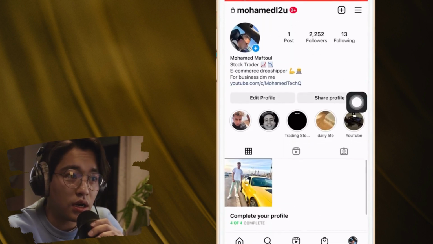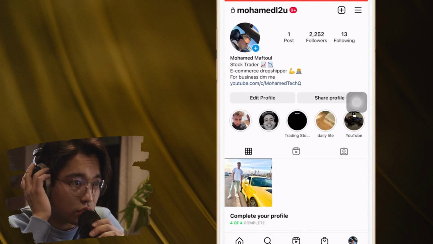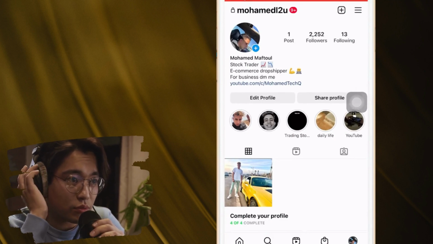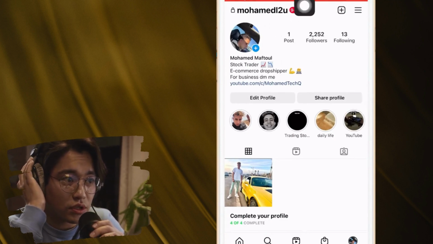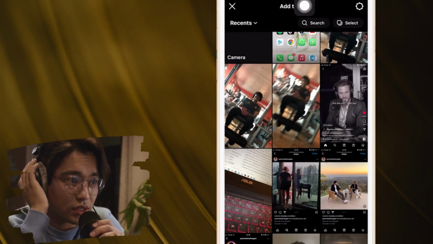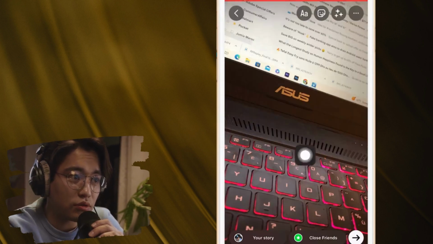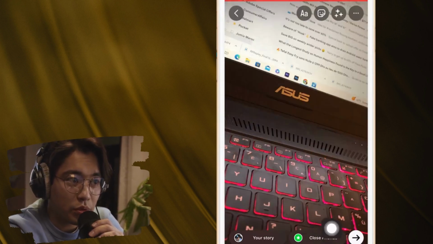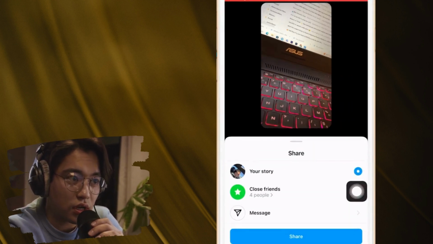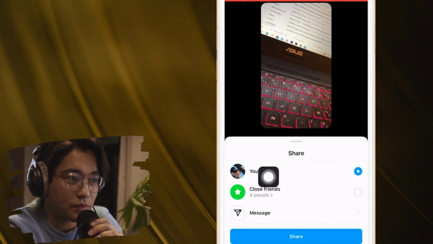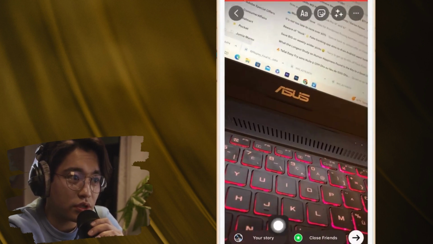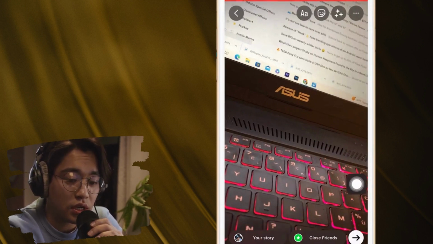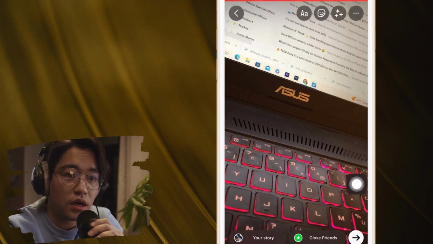Now next time you want to post a story, just let me show you an example. I'm going to post, for example, this story. Now, instead of clicking close friends, or instead of clicking this arrow here, you have to click on your story, okay? Click on your story at the very bottom right. Don't click on these two, click your story, and you will be able to change the story from close friends